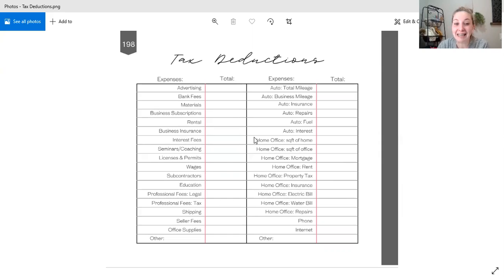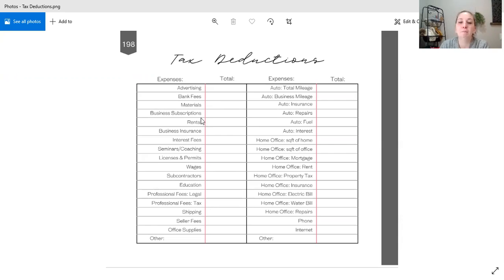Okay, anyways, here is the breakdown of tax deductions. Your advertising, what's going to go under this category? Advertising is going to be your trade show, any Facebook ads, any radio advertisement, any social media advertisement, if you sponsor a sports team, any apparel or anything that has your name on it that you give out for free, business cards. Those are going to count as advertising.